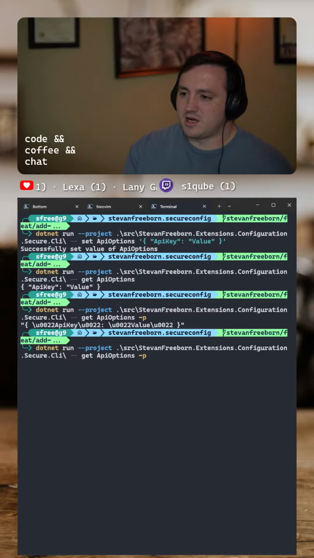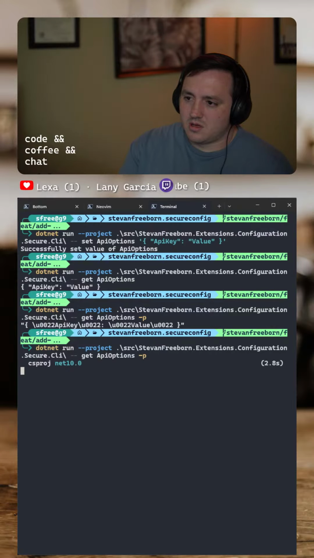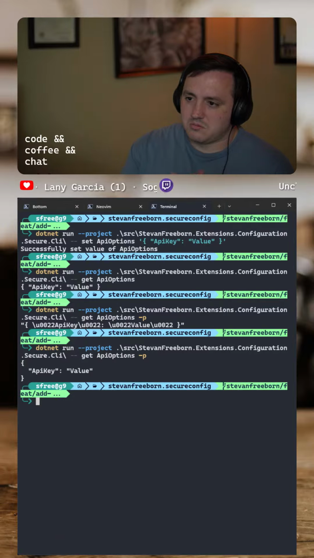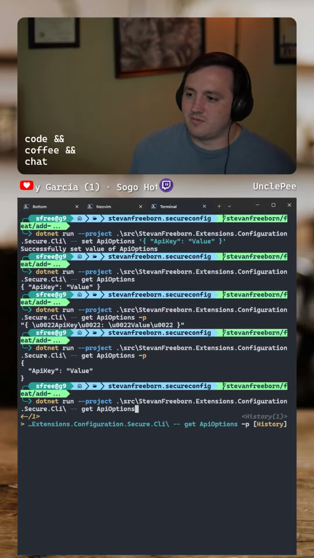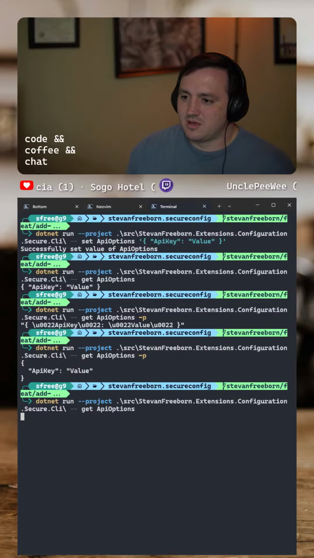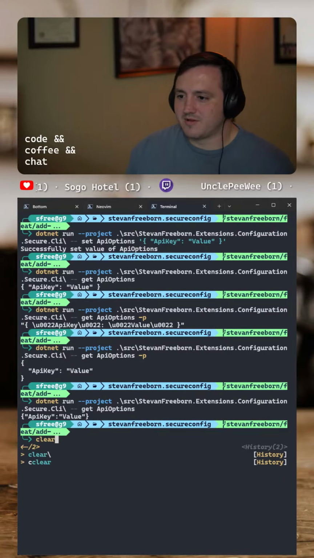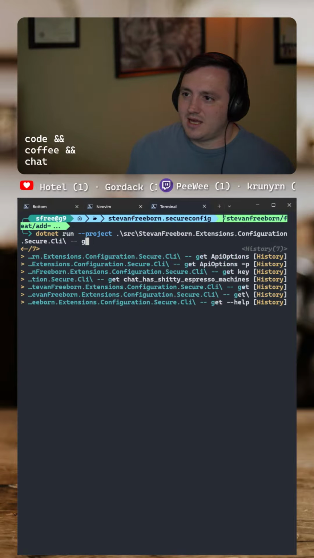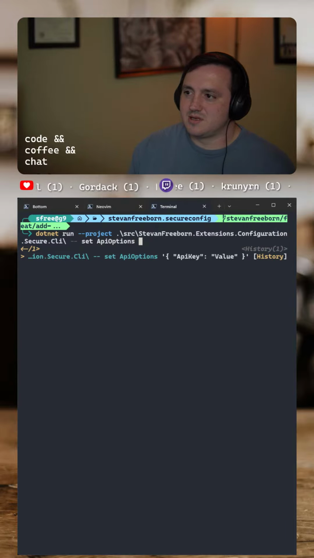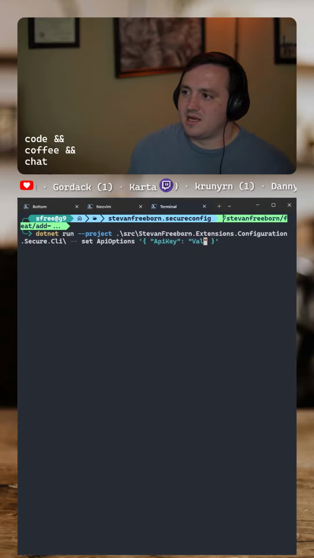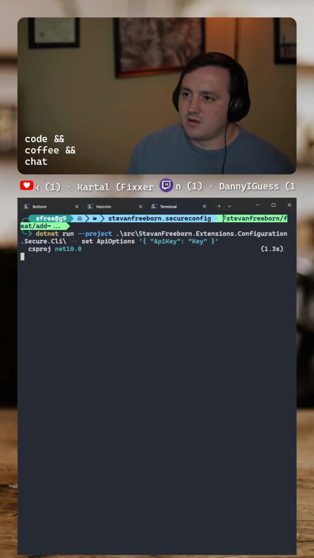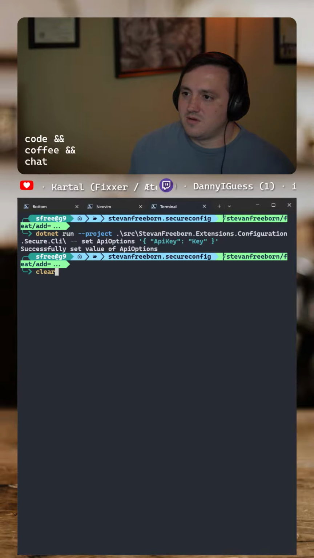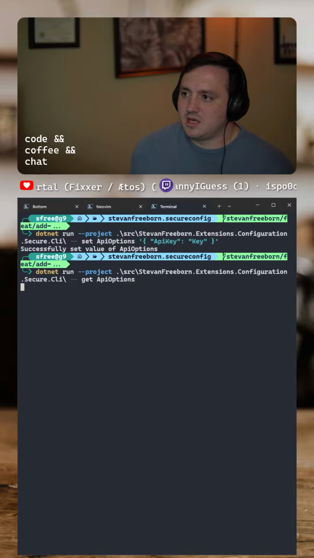All right, so now let's try. Looky there. And then if we don't specify the pretty print, that's what I'm looking for. And then we can update it. We can set it. So we can say set API options, and we could update it and say, okay, we're going to give it a key value now. And then if we do get,